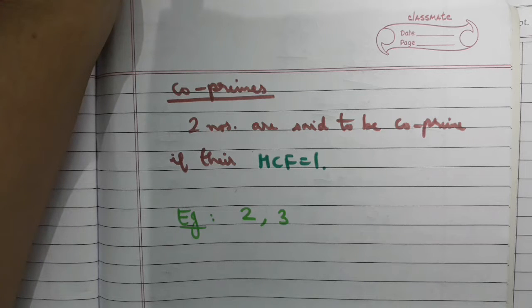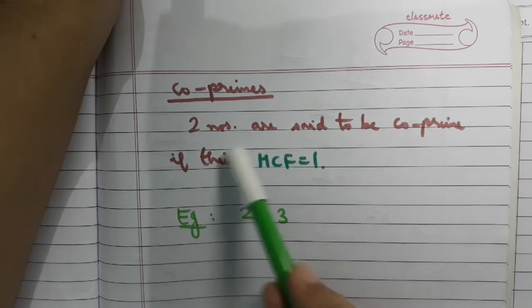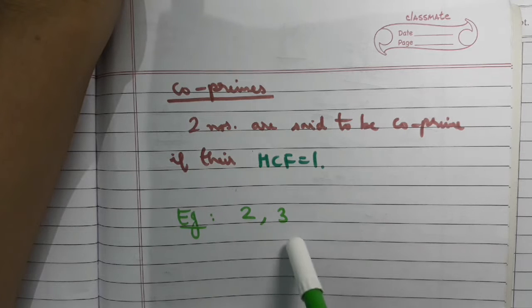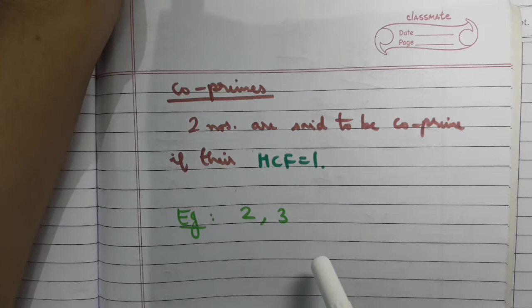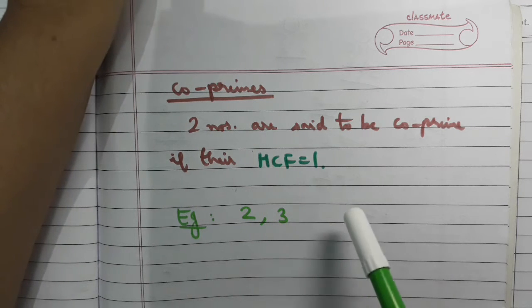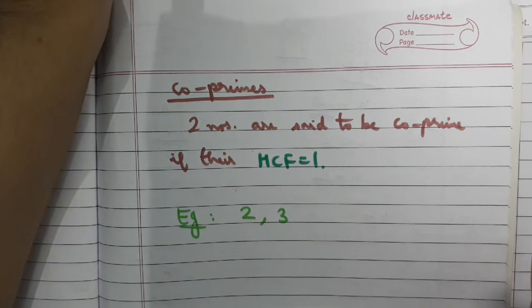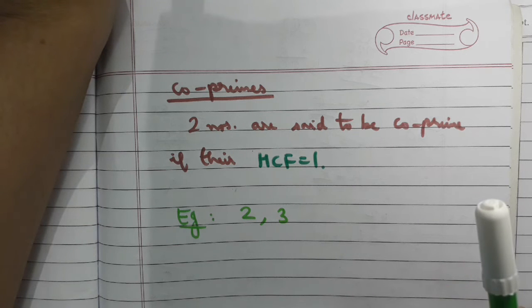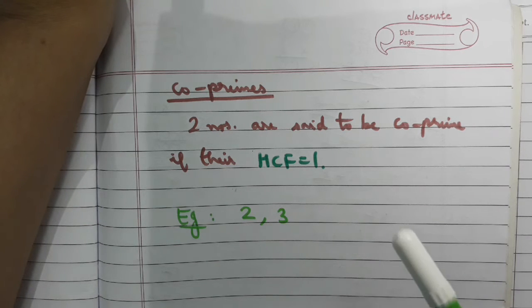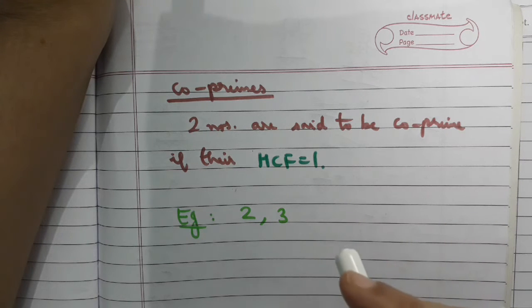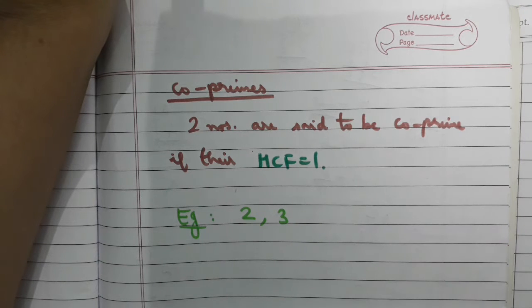Now let us see what we mean by co-prime numbers. So two numbers are said to be co-prime if their HCF is 1. For example, 2 and 3, their HCF is 1. If we say that p and q are co-prime, then the HCF of p and q is 1. That is, 1 is the only common factor in p and q. And apart from 1, there should be no other common factor in p and q. Or we can also say that p upon q is in the simplest form, because if p upon q would be in the simplest form, then definitely their HCF would be 1.